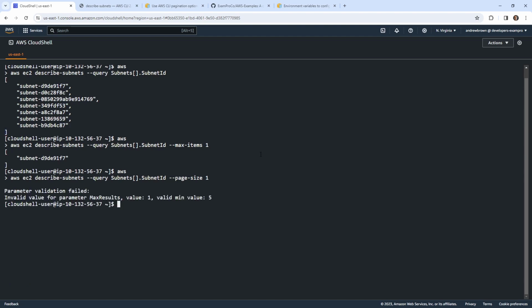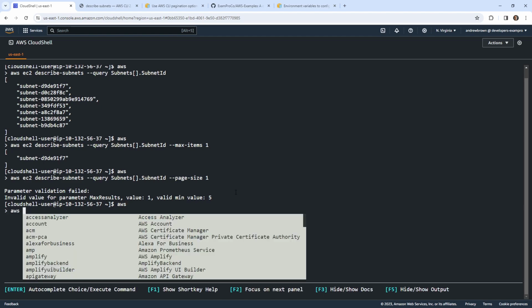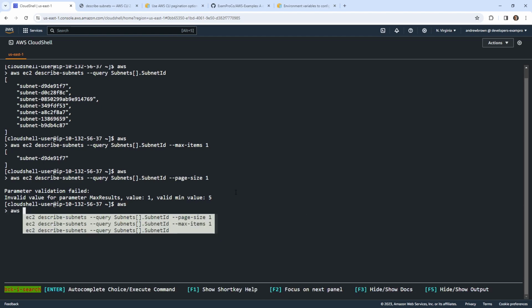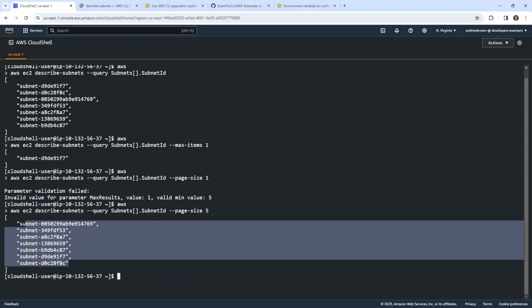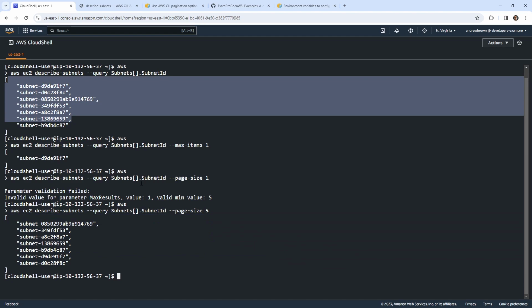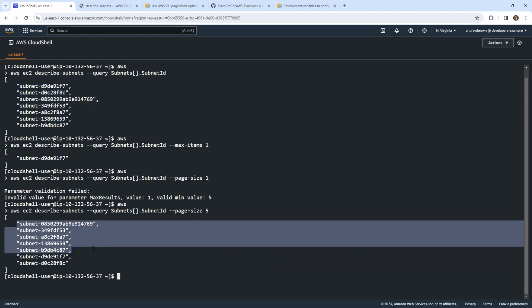So if I hit enter, it says I can't do that because that is a minimum value of 5. So different CLI commands are going to have different minimums and maximums for these things. But we'll go ahead and hit enter on AWS. I'm going to hit Control R, go back to page size, and change this to 5. And notice it's still returning all of the data, but underneath it's calling 5 of these and then 2 of